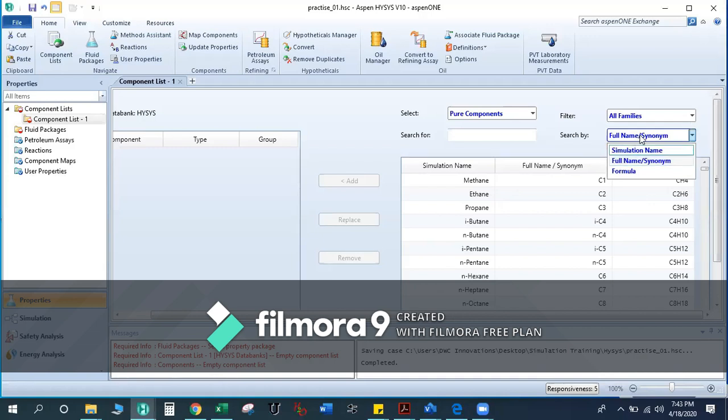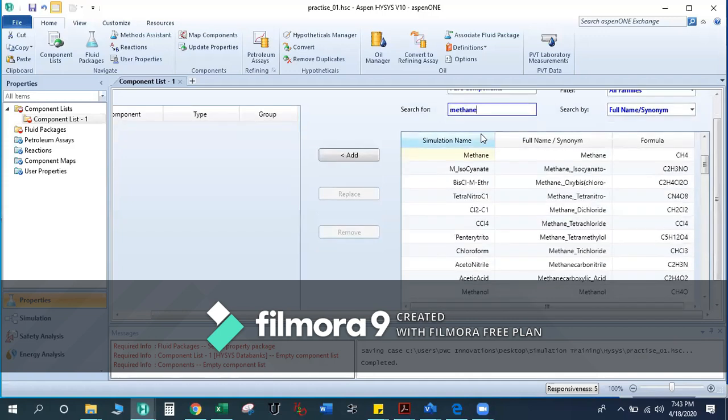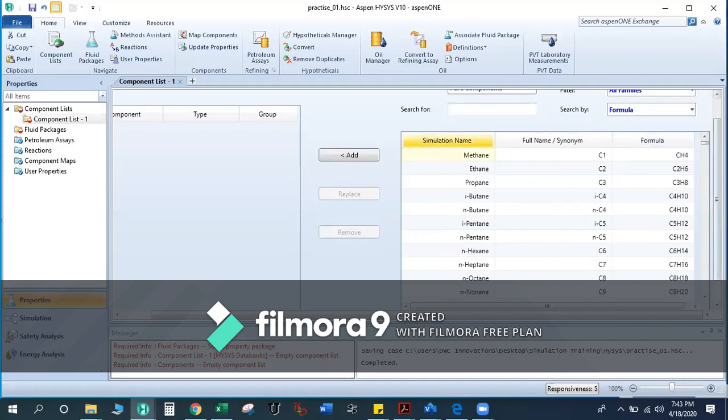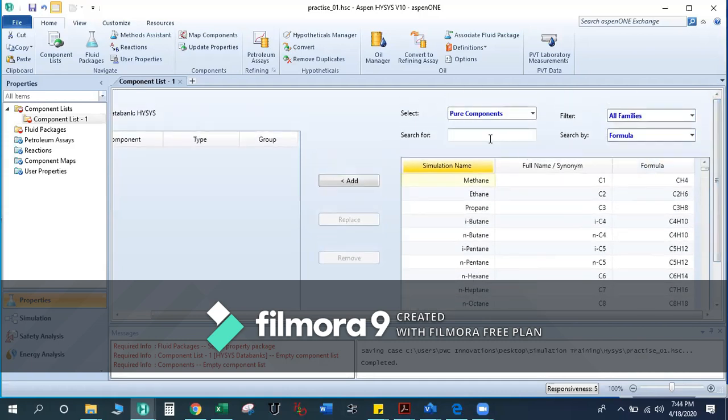There are three options by which you can search for your component from the HYSYS library. Let's say here I have selected the full name, meaning methane. I have selected methane. You will find methane here. Let's say you have selected the formula and you write CH4.